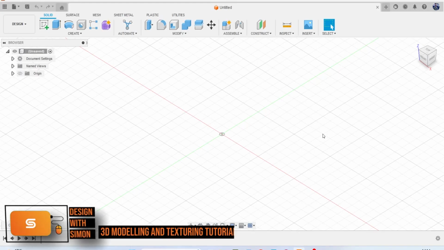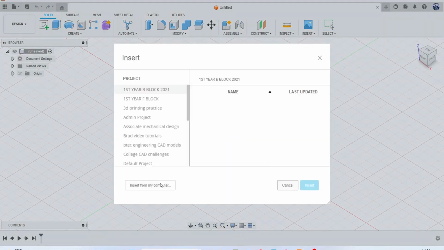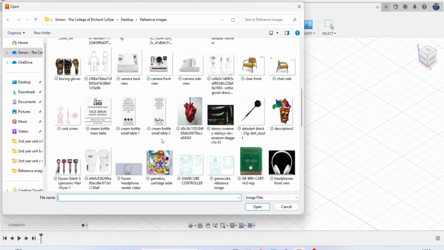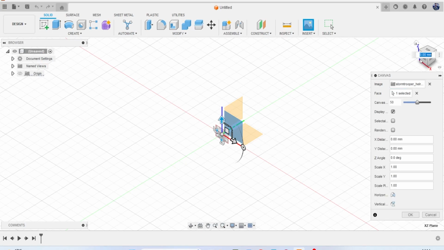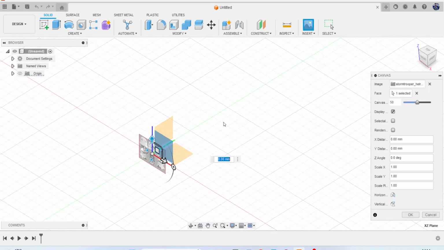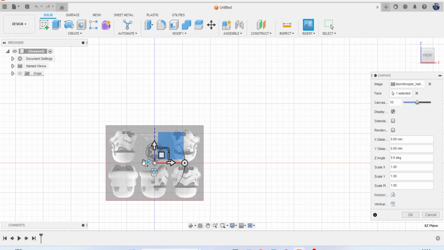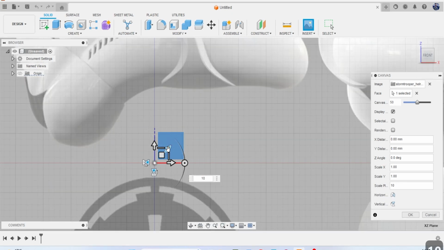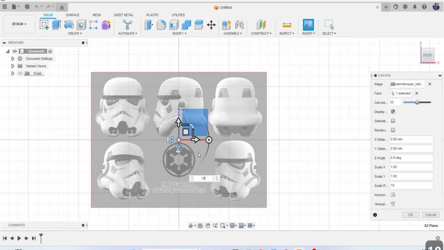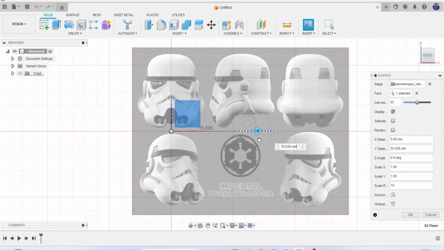Hi everyone, in today's video we're going to have a go at modelling a Stormtrooper helmet from Star Wars. So I'm going to insert a canvas into my reference images, and I have found this one here. Make it a bit bigger, about 10 times bigger. And let's drag this one to the front